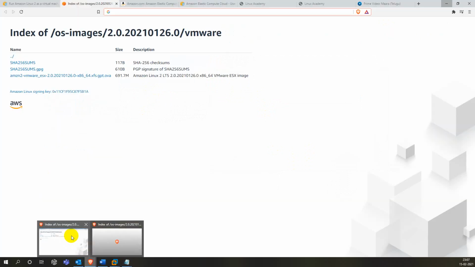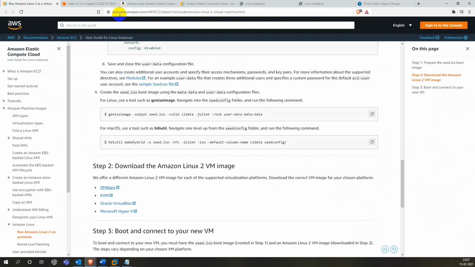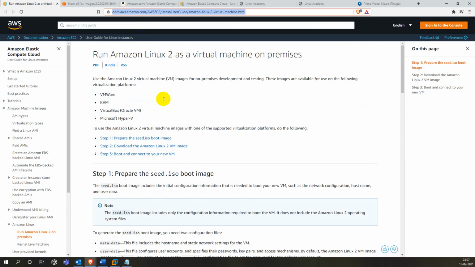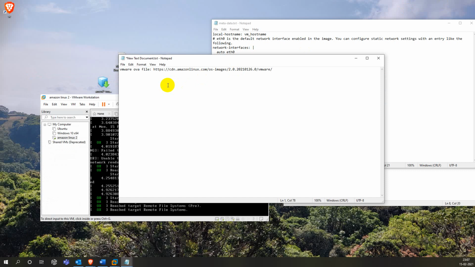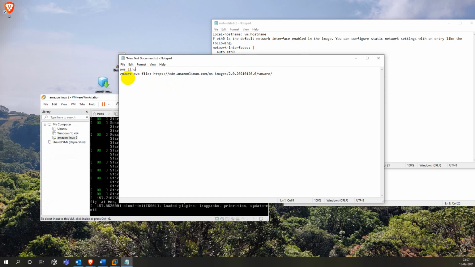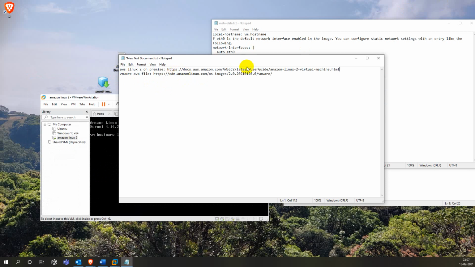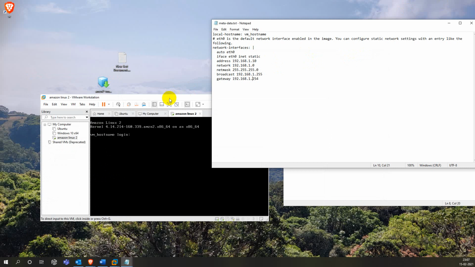And another one is the steps we followed. These two links I will provide in the description also.